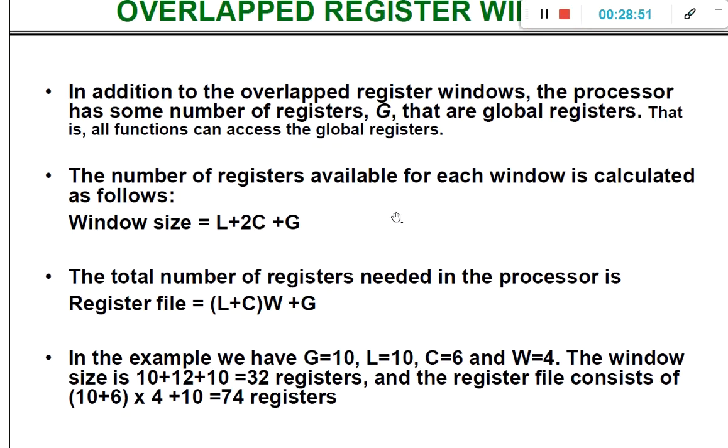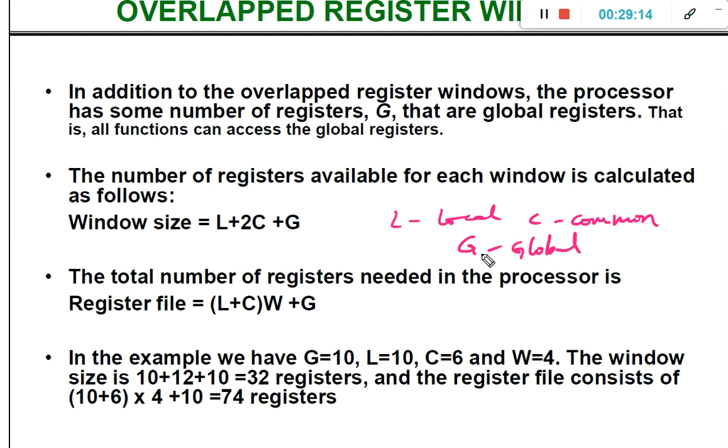Now using these registers, you can calculate the window size. Here L represents local, C represents common, and G represents global.